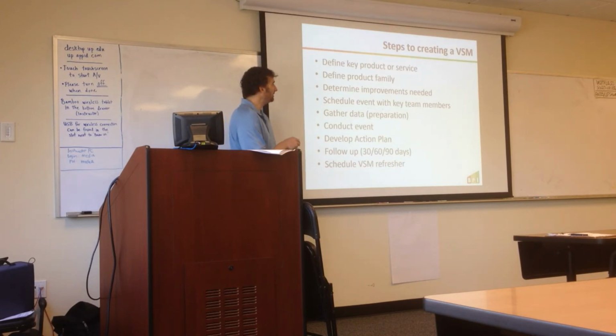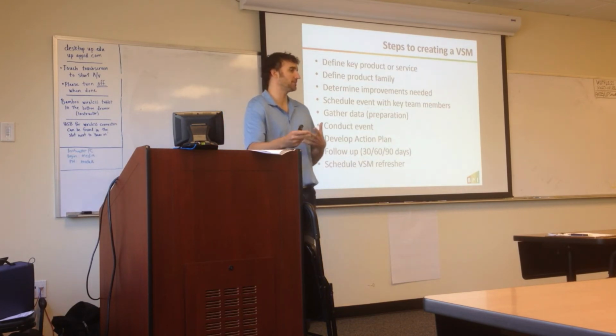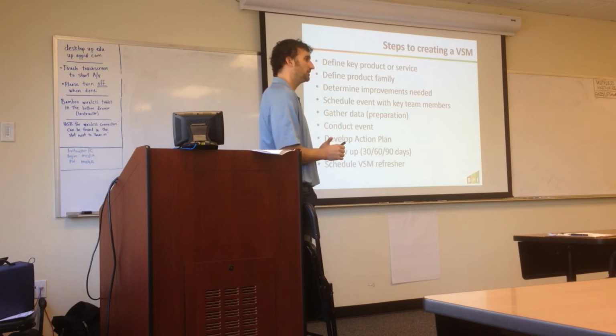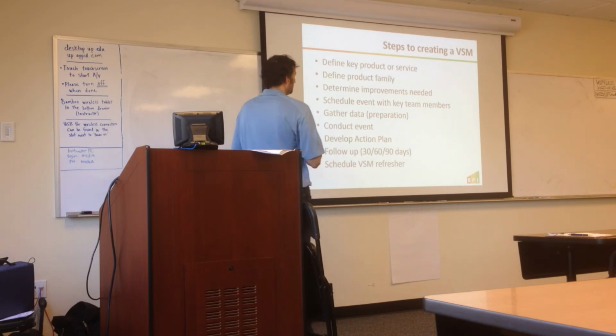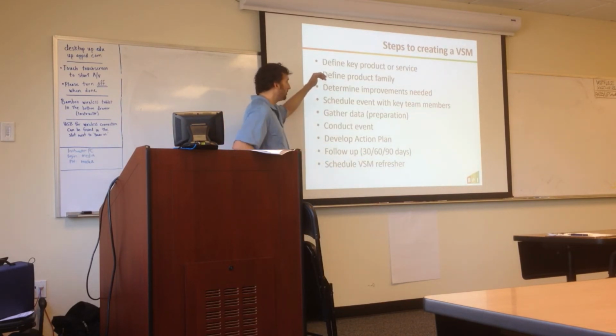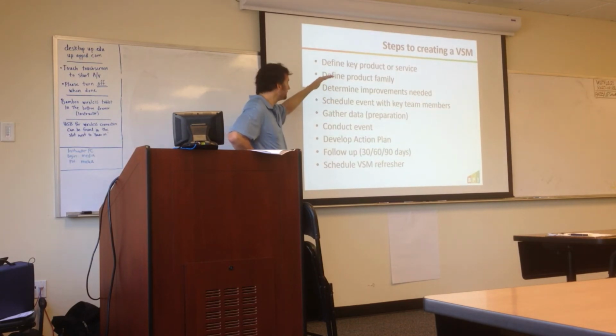And then you might later determine that you have a series or family of products and services that all kind of go through the same process. So that might be how you want to map it, as a product or service family. I'll talk about that. Then we'll talk through what the improvements need to be, or what goals we are trying to achieve with that. Then we'll figure out who should be involved, go gather data and do the preparation work and the observations,